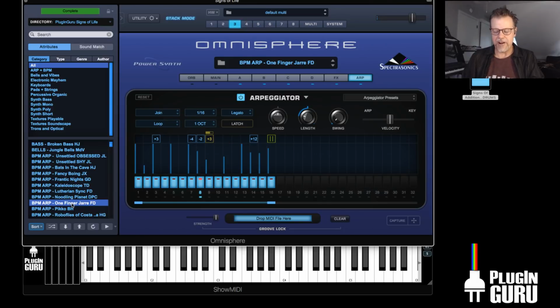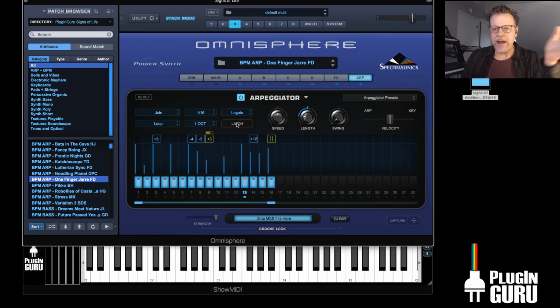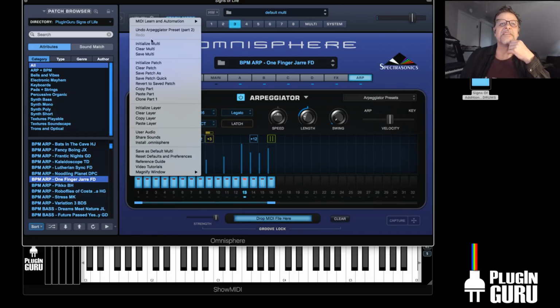Here's your 1-finger jam. And it works. So you could stay right there and be done and just hit save multi and save this if you like